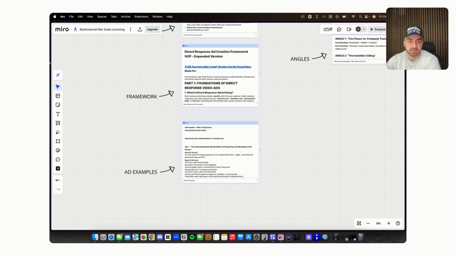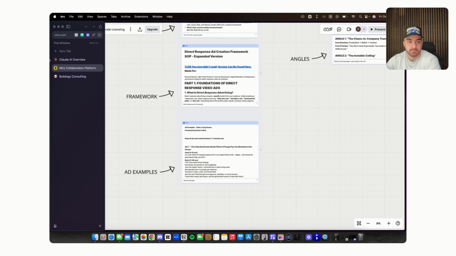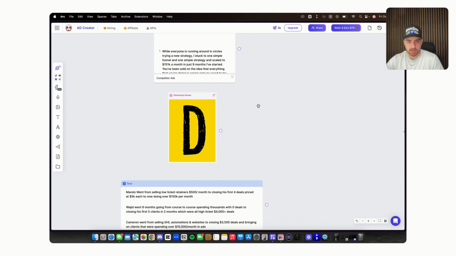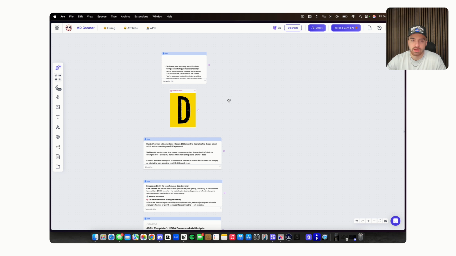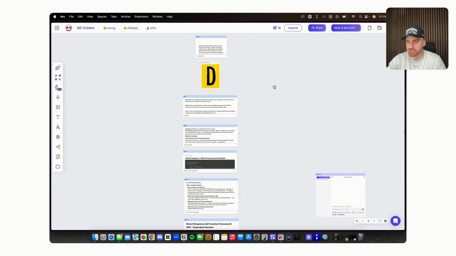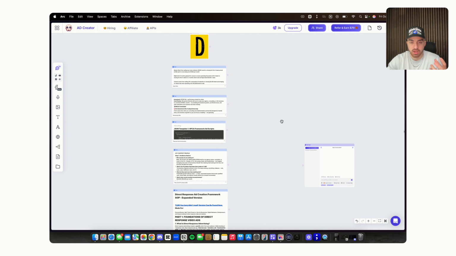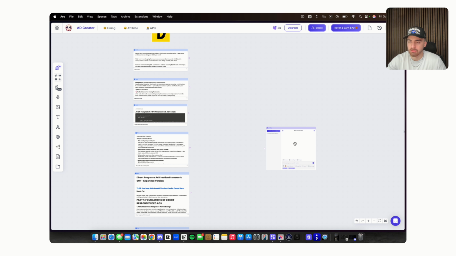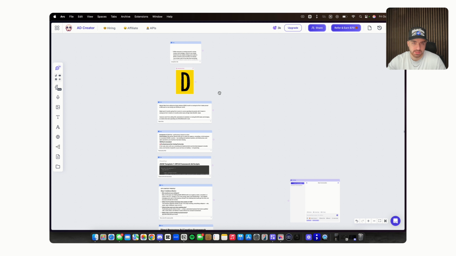Okay. Now that being said, let's go back into Poppy. So we're here in Poppy. Now, again, I don't know if I mentioned earlier, if you guys don't have Poppy, you don't necessarily need it. It just makes your life easier. You can use Claude, you can use ChatGPT. The only thing is you have to bulk everything together. And that's essentially what Poppy is. It's just like Miro, but it makes it look a lot more clean and seamless. So again, if you don't have Poppy, you don't really need it. It just makes your life 10 times easier.